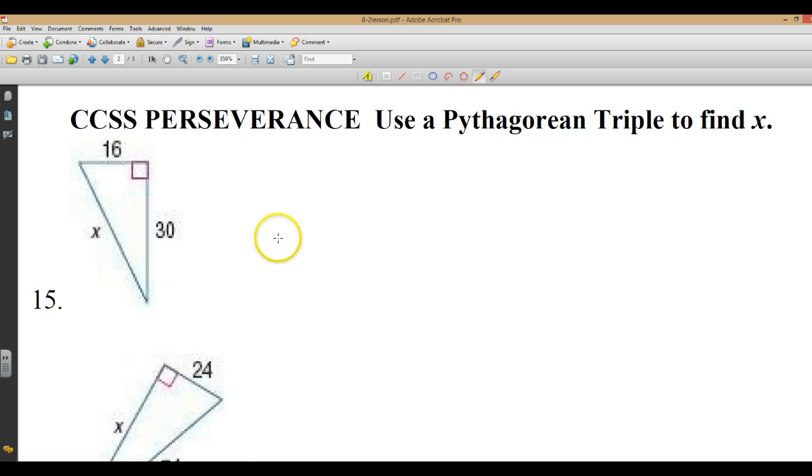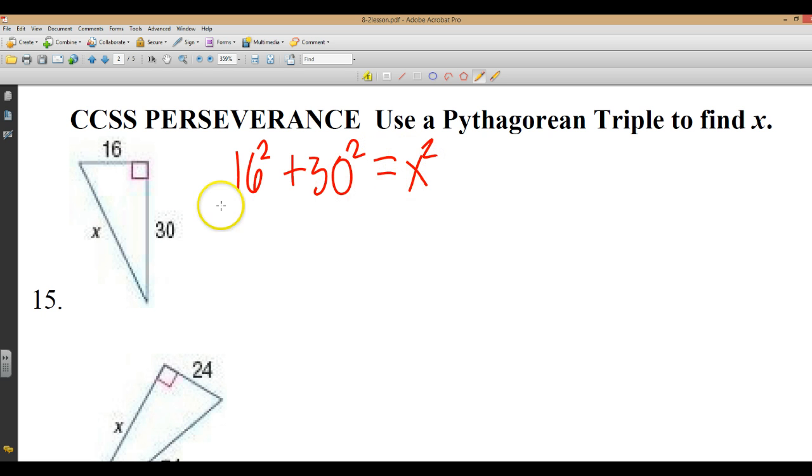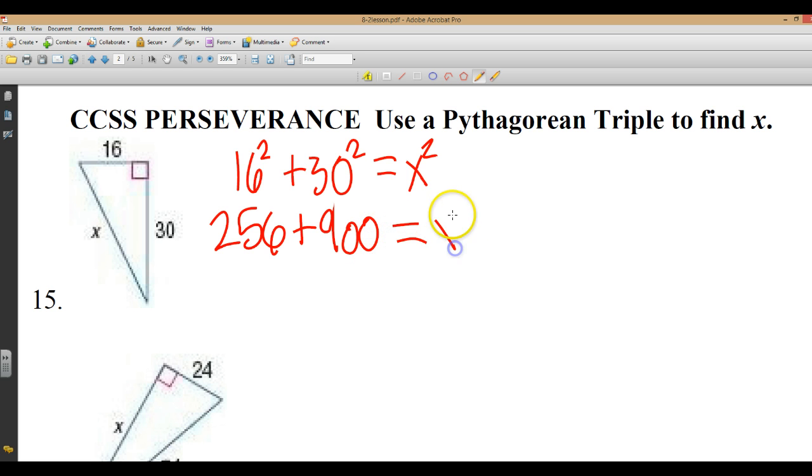On number 15, it says use a Pythagorean triple to find x. We'll just use the Pythagorean theorem. So we have 16 squared plus 30 squared is equal to x squared, x being the hypotenuse. So that would be 256, and that would be 900. So adding those two together,